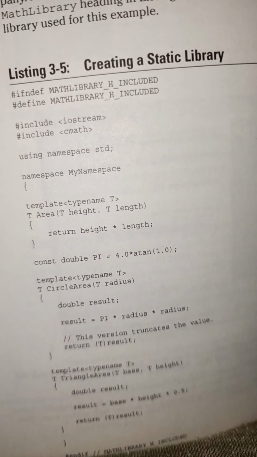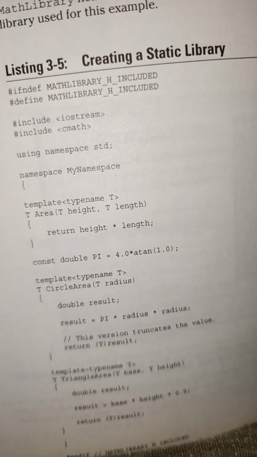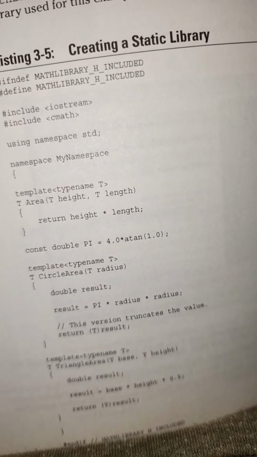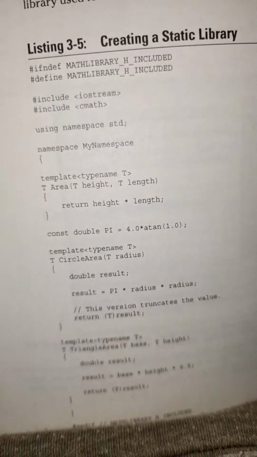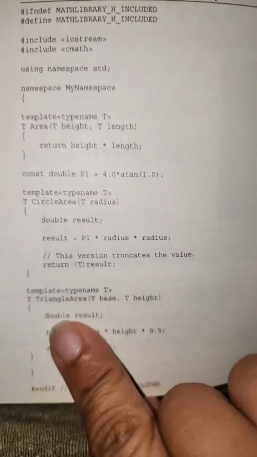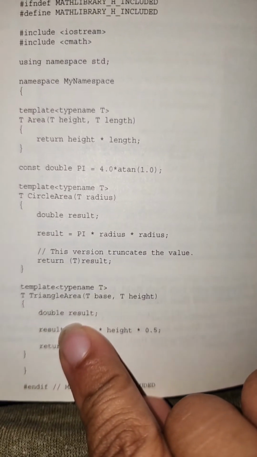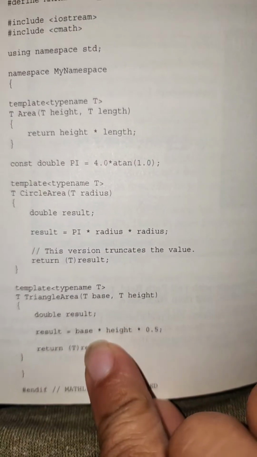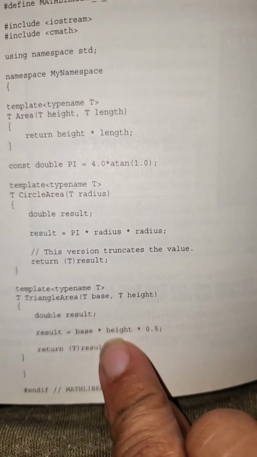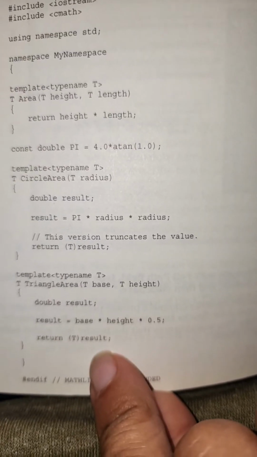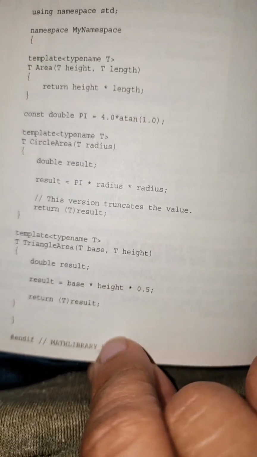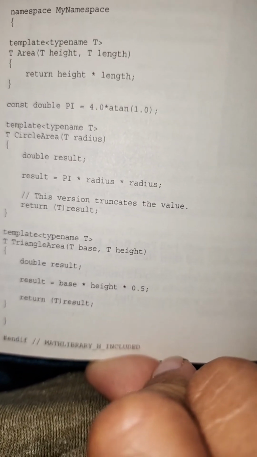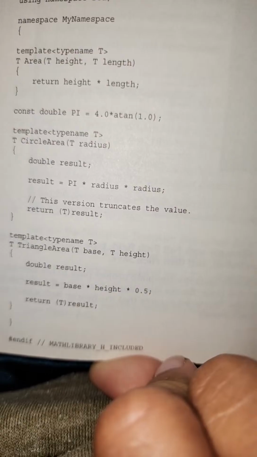This version truncates the value. return (T) result; } template<typename T> T triangleArea(T base, T height) { double result = base * height * 0.5; return (T) result; } } #endif // MATHLIBRARY_H_INCLUDED